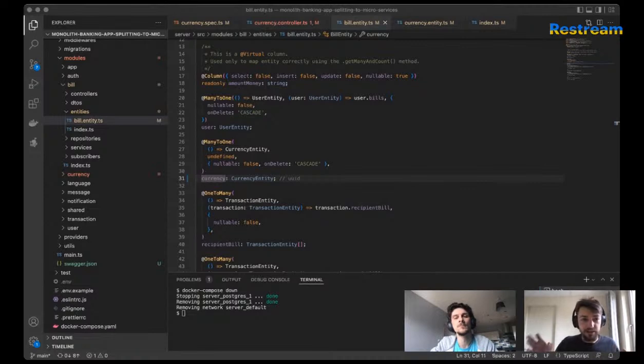So in DDD, you have these domains, and theoretically, two domains can have, let's say, entities that are named the same. They are still different, but inside this domain, their meaning is different. Basically, let's say you have customers, and the customers have accounts. I don't know, the phone number whatsoever.